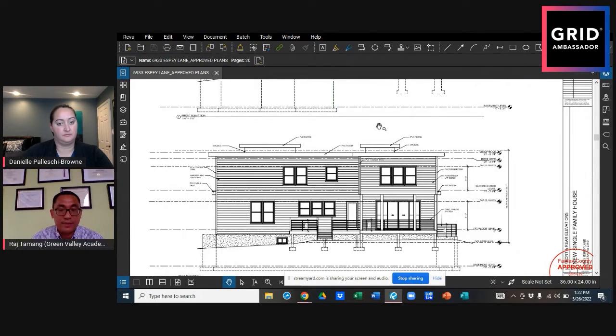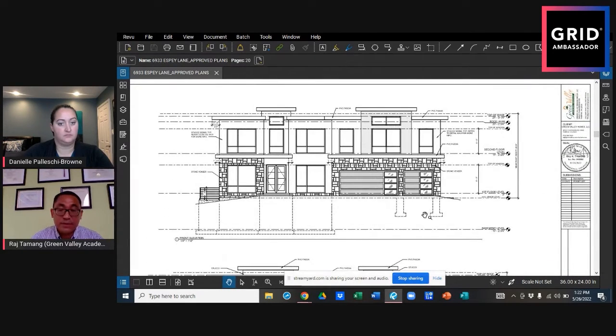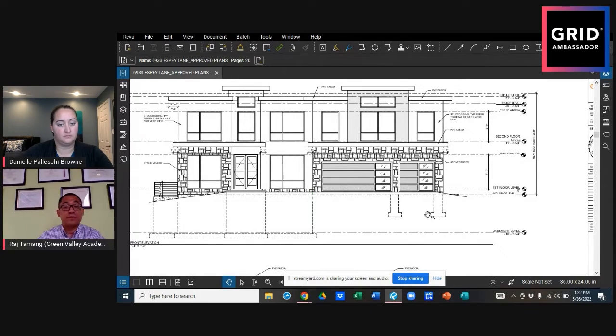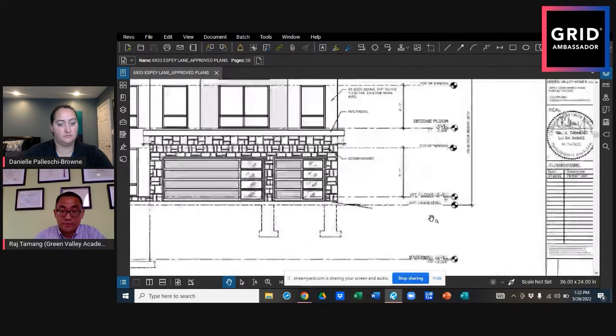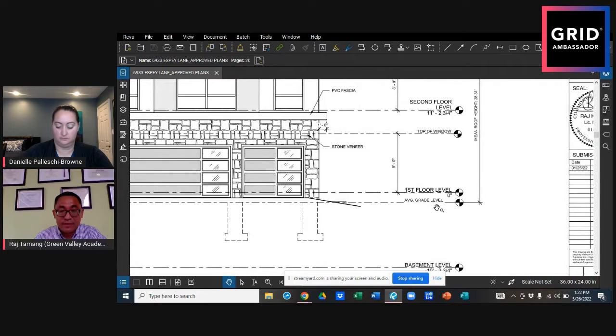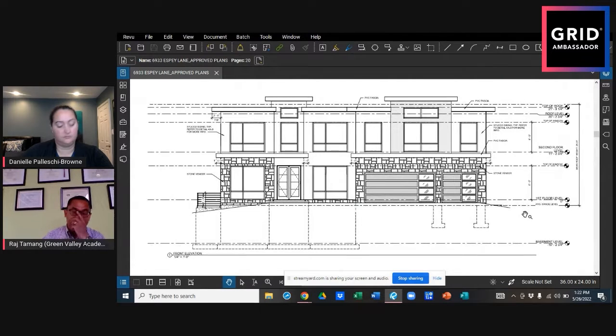This is not a walkout basement. This is a walkout basement. So the civil engineer is the one who does all these calculations. This is the average grade level. The civil engineer does the math based on the grade around the house, and they will calculate the average. And from there to the roof,